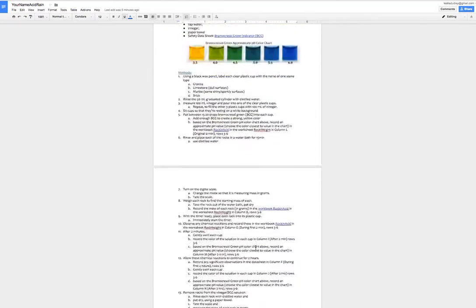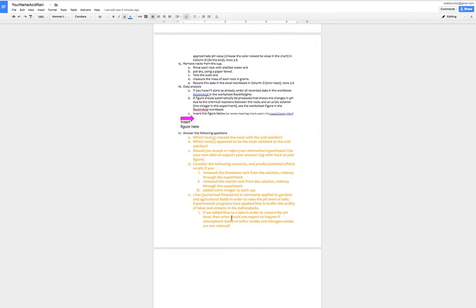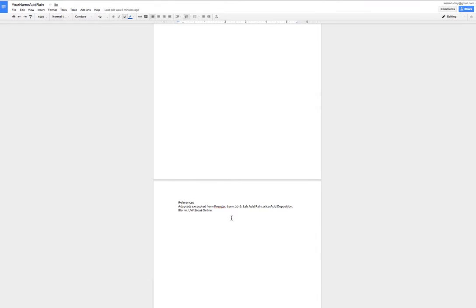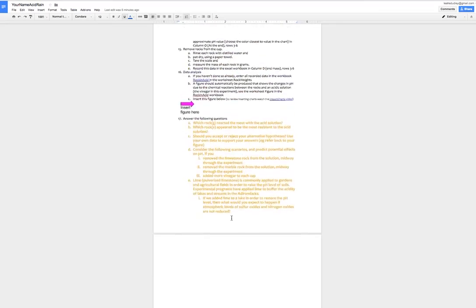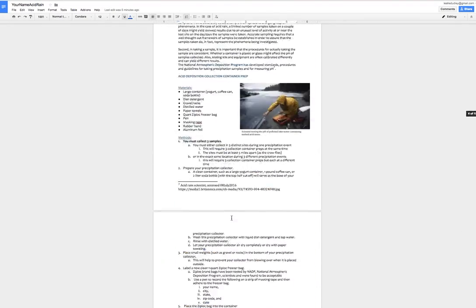And this automatically saves, so if you make any changes here, you don't have to save it somewhere else. It's automatically done for you as long as you're online, so make sure that you are connected to the internet to make sure it saves. And that's generally how you work through